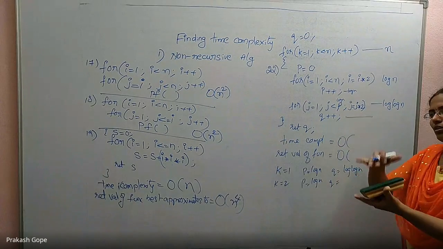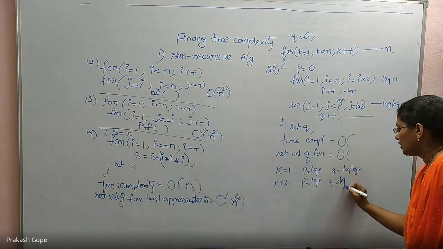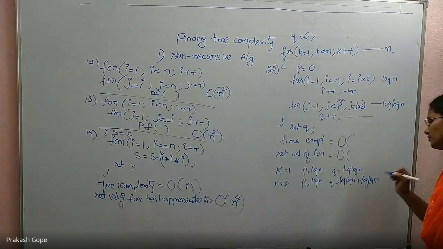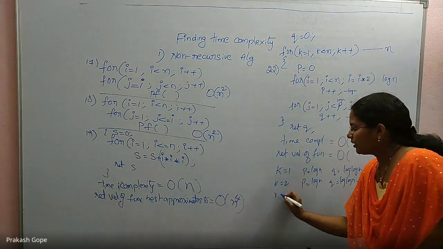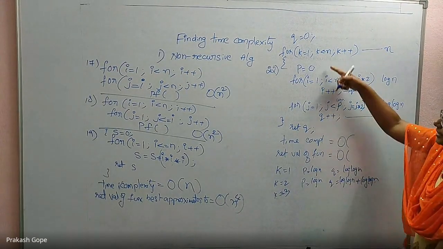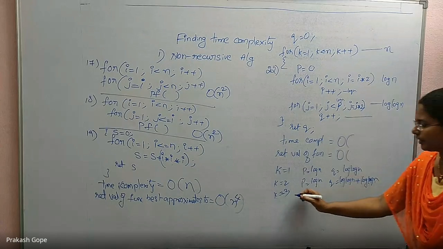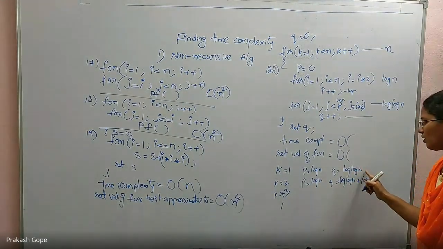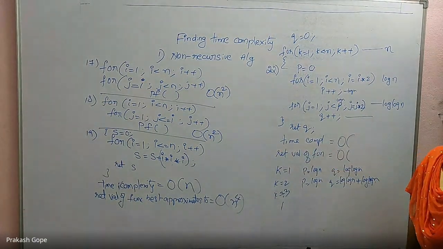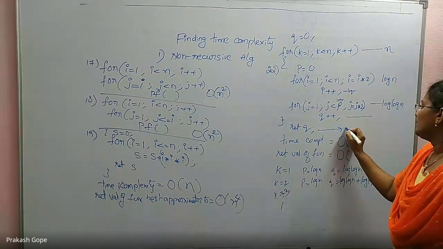Again for the q value, for the existing q, log n gets added, which means in the first iteration it is log n, in the second iteration it is log n plus log n, 2 times log n. When k equal to 3, one more log n gets added to q because I didn't make q 0 inside. So again one more log n gets added to the existing q. When you go to n, it is log n plus log n plus log n and so on, n times. So it is n into log n. Once you come out of the for loop, q value will be n into log n.